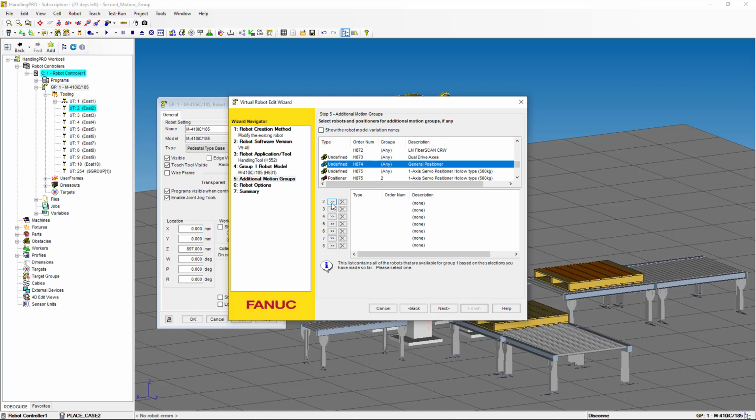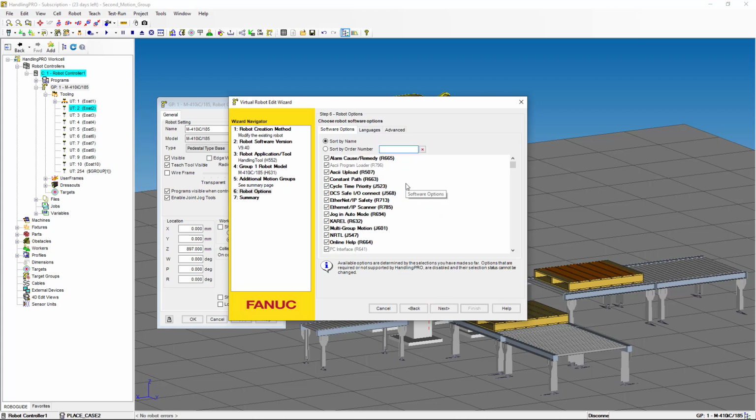And we're going to select group number 2. You're going to notice here that we have groups 2 to 8. That's because the robot controller can accept up to 8 motion groups, and group number 1 is already taken by the robot. We're going to press next,